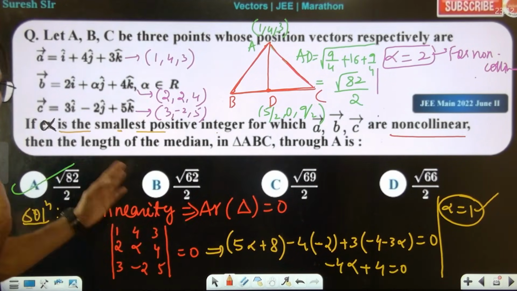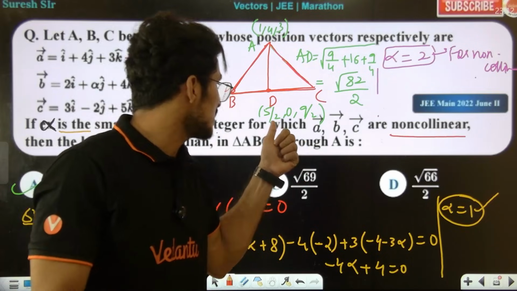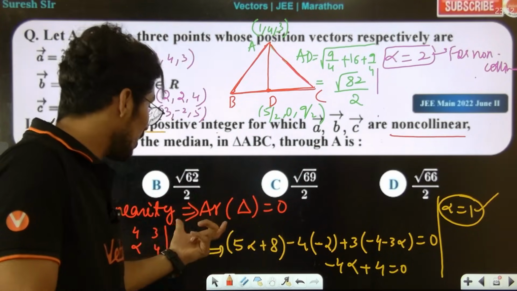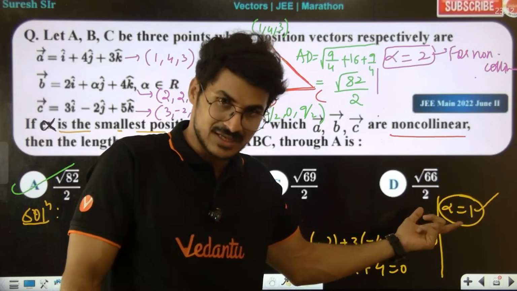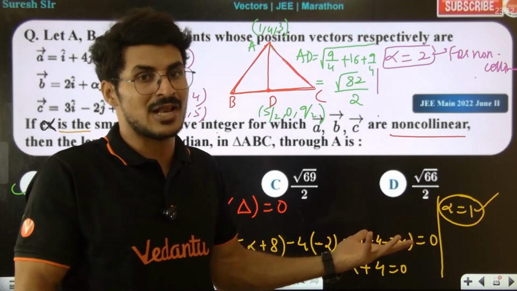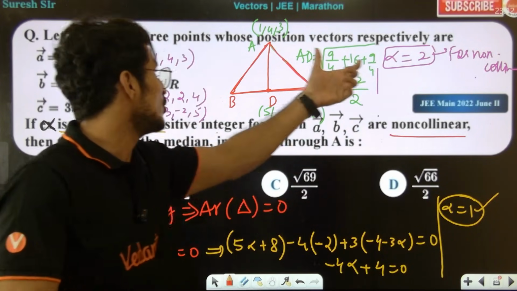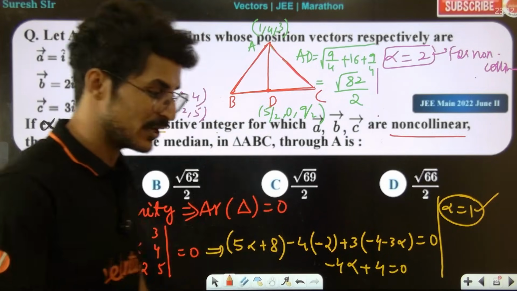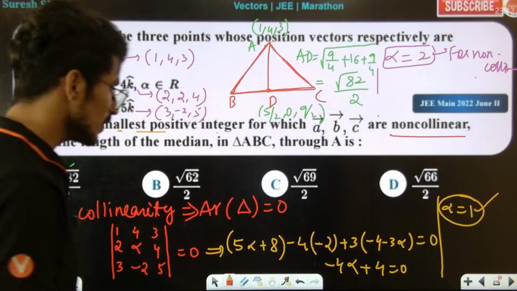They have given that alpha is the smallest positive integer for which A, B, C are non-collinear. Firstly, I found when they are collinear, the alpha value is 1. For non-collinear, the least positive value of alpha is 2. So with alpha equal to 2, AD length is root 82 by 2. Simple. Any doubts? Cool. Next,